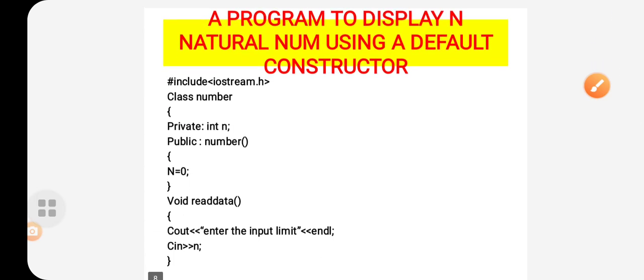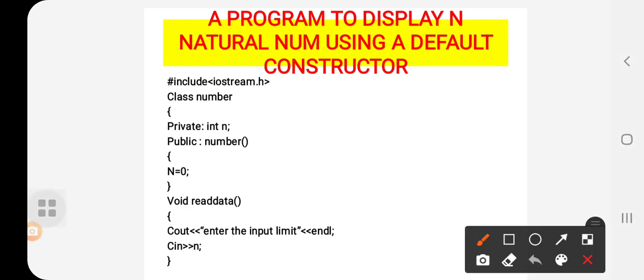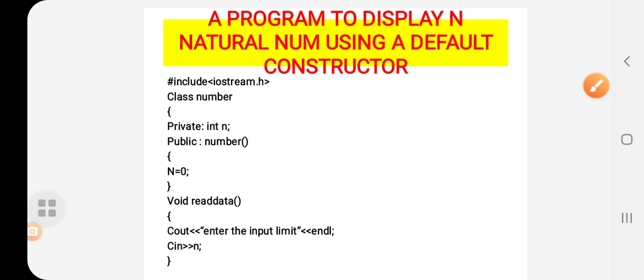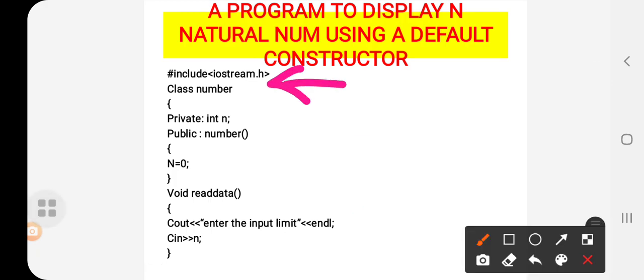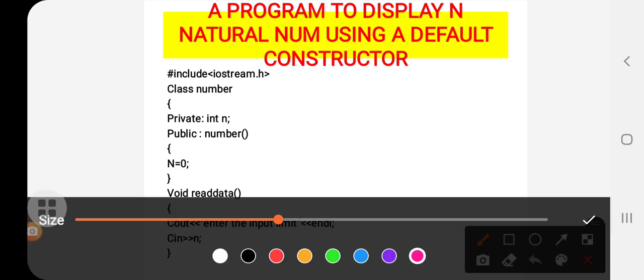Next we'll see an example to display n numbers using a default constructor. See here, #include iostream.h is a preprocessor directive, that is a header file. Then we have class number, which is the class name.